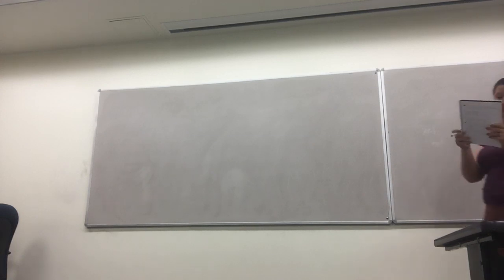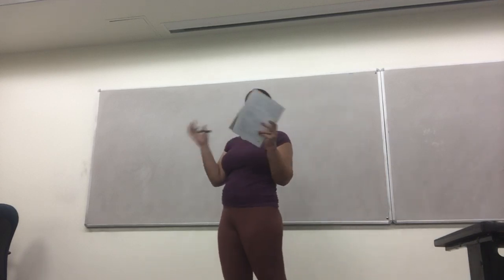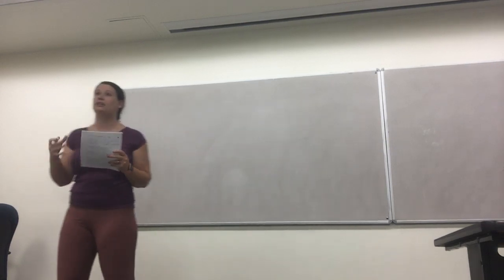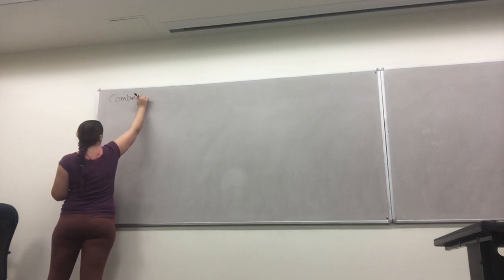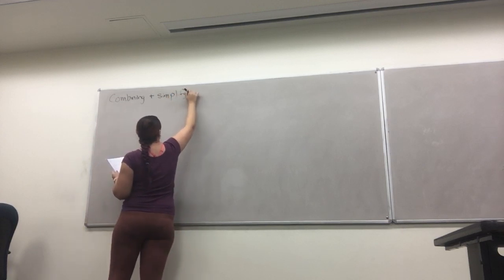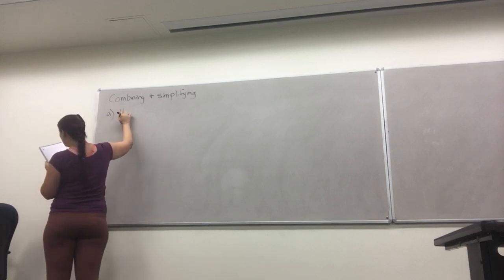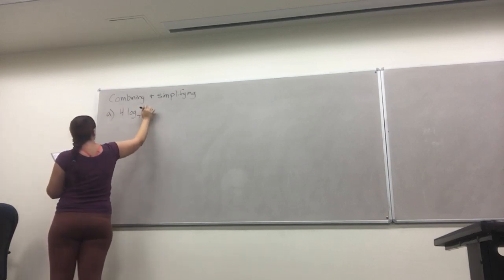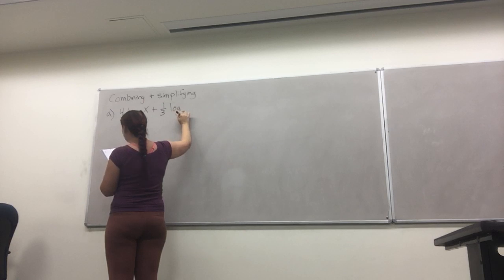So let's go ahead and finish 5.3, which we left off. We had just finished the expand and simplify of logs. So now we'll do the combine into a single logarithm and simplify. Okay? So we're combining and simplifying. So first, if we have 4 log base 7 of x plus 1/3 log base 7 of y,